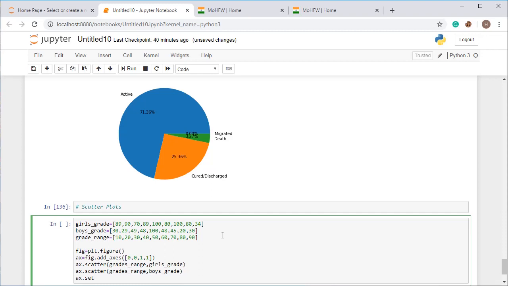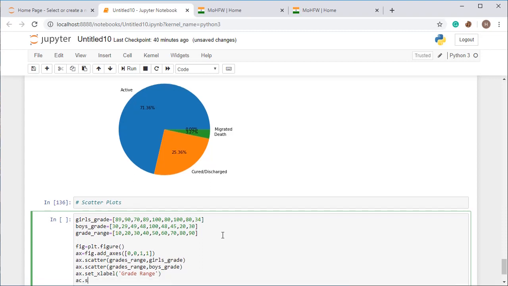So set x label, and x label as grade range. It will display the grade range, and ax dot set y label as what? Grade as code.